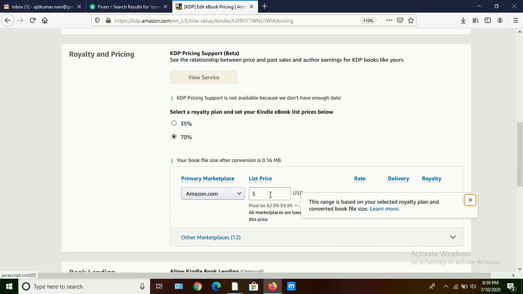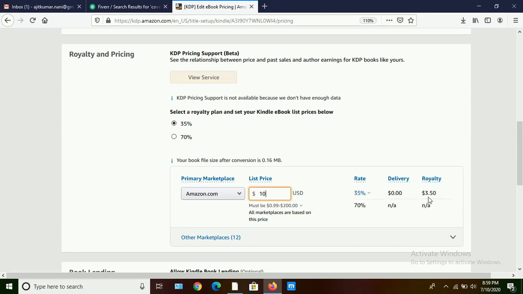If you want more than $10, then keep 35% and give $10. If you give $10, then your royalty will be $3.50. But my suggestion is, for a normal ebook, no one will spend that much money.